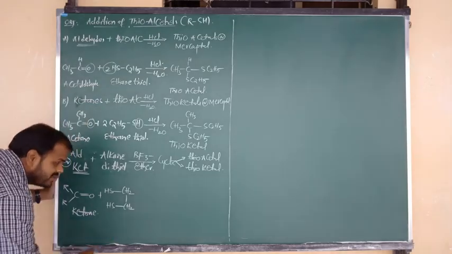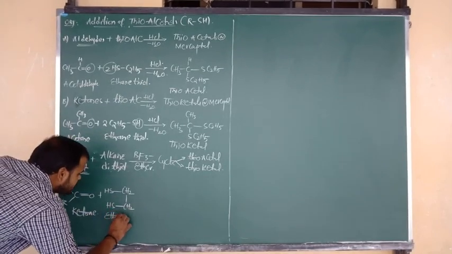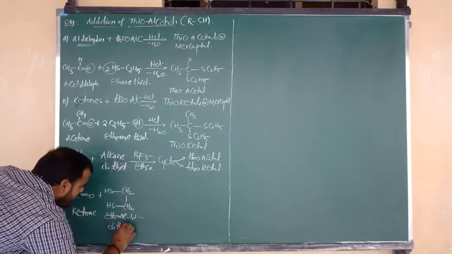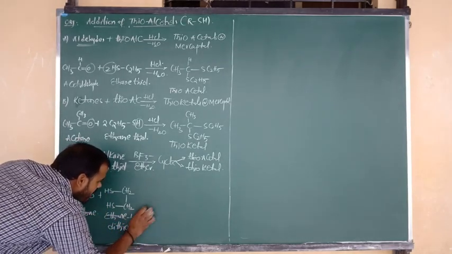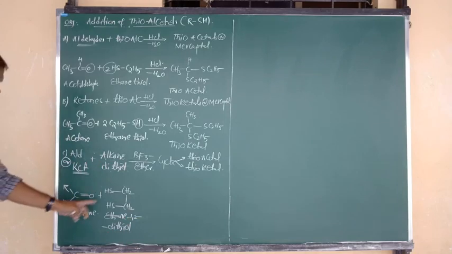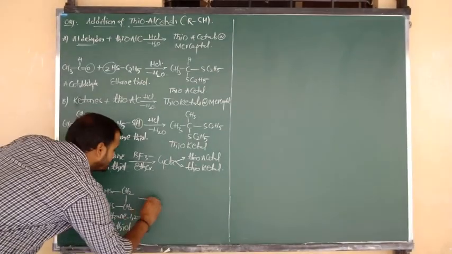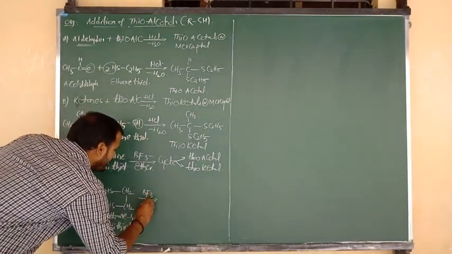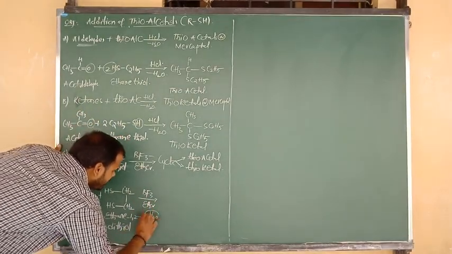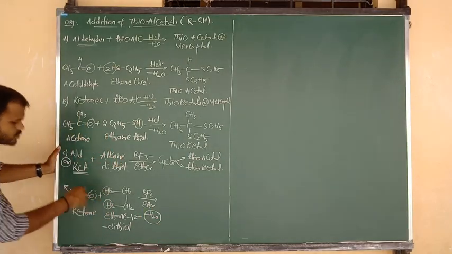So what is the name of this compound? Ethane, 1 connected to thiol, 2 connected to thiol. So the name of this compound is ethane 1,2 dithiol. Aldehydes and ketones upon reaction with ethane 1,2 dithiol, or alkane 1,2 dithiol, addition takes place in the same way in presence of BF3, and the supporting solvent is ether. Now elimination of a water molecule takes place, H from thiol, H from here, and O from here. We have to remove the H2O.